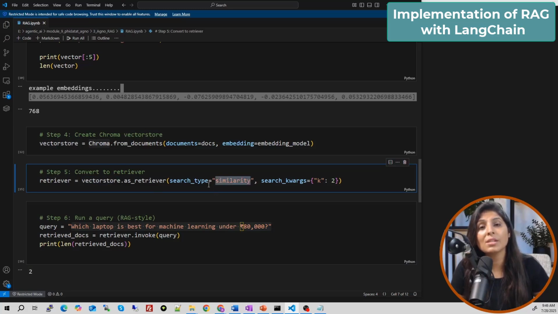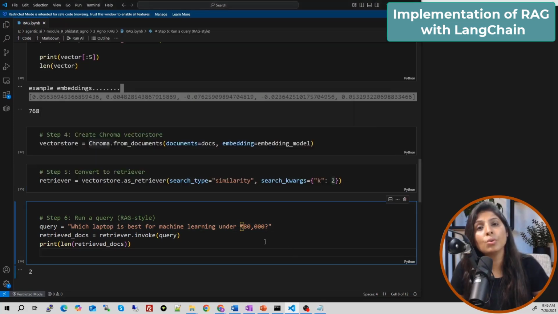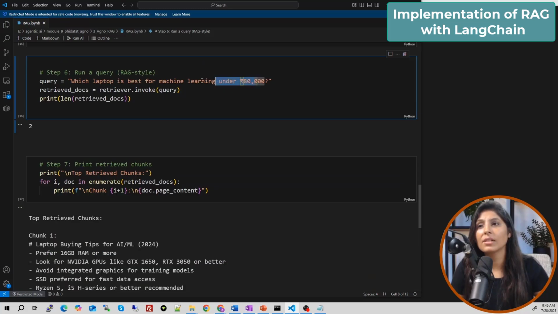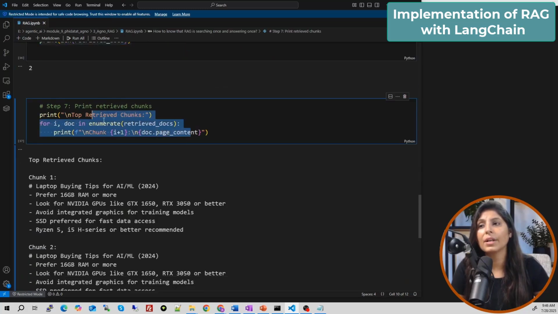It will use semantic similarity, and it will fetch the 2 laptops from the text file which we uploaded. We have mentioned two over here. So when the user asks the question, it will fetch the two records, and here we are printing the output.